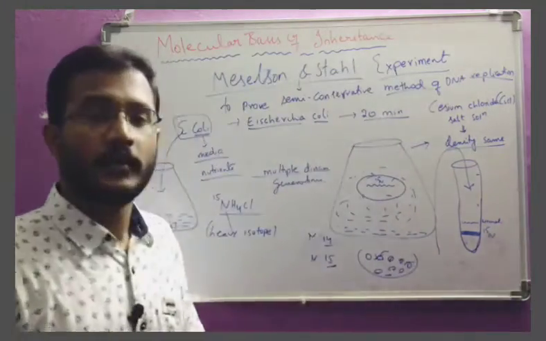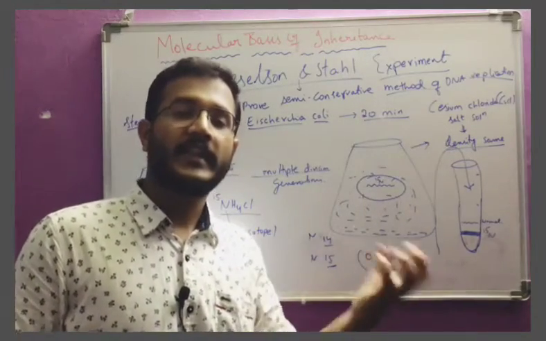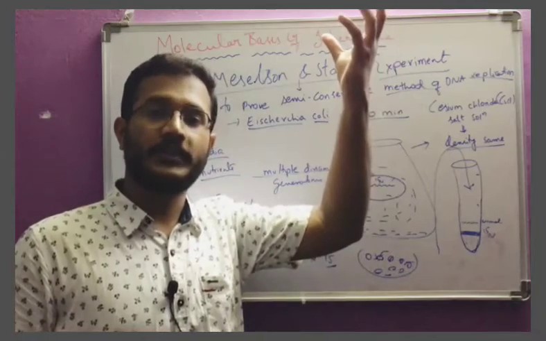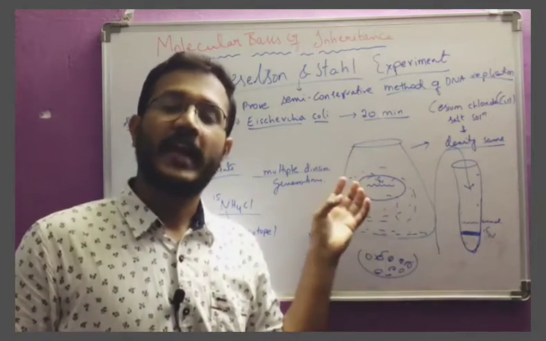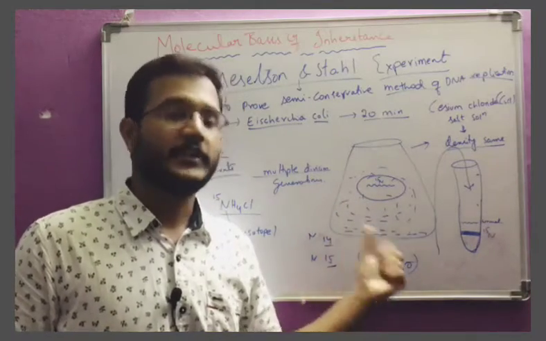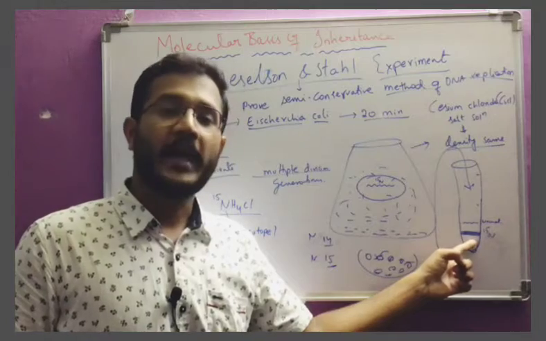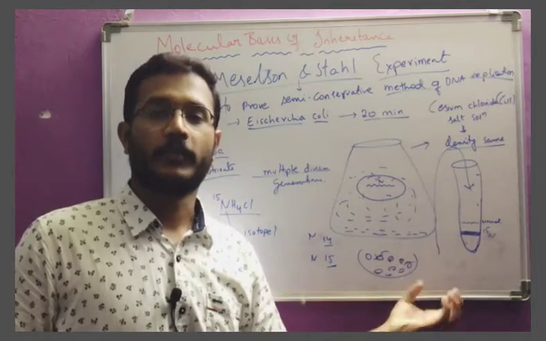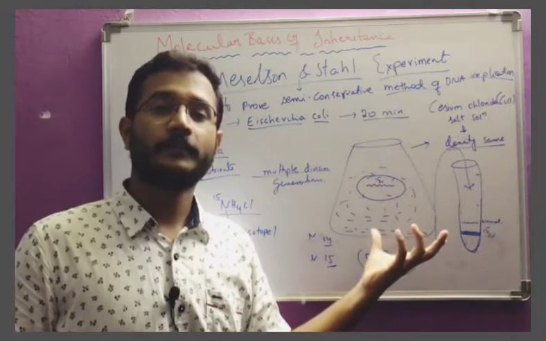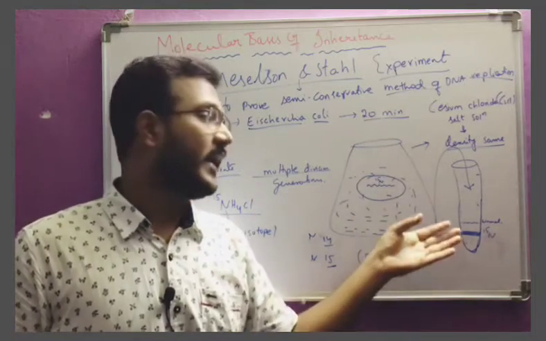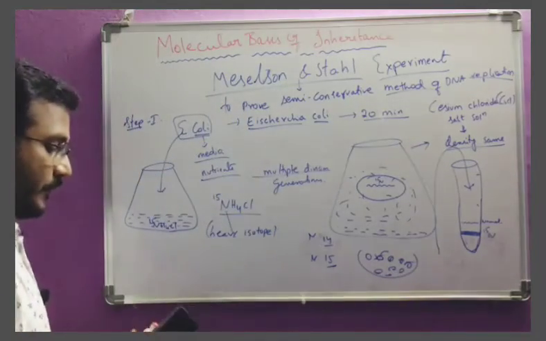That means the more weight, more density particles will come down and less dense particles will go up in the solution. So here they observed that yes, this bacteria had taken our N15 isotope, because when compared to the normal DNA, now this band is observed somewhat at the bottom. That means the weight was increased. How had the weight come? It came due to the N15 isotope. Okay, now what they did